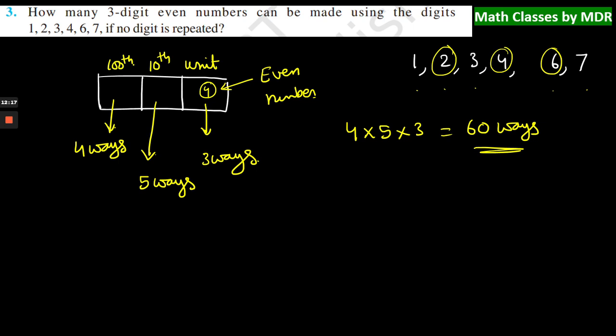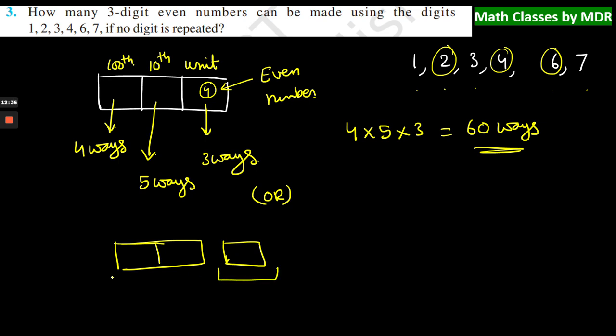So what about the formula? Can we use the permutation formula here also? Let us see that. So whatever the condition is, that box let us take separately. Let us call it the conditional box. So in the units place you must have the even number, right? So let us take it separately and the remaining boxes separately. So how many numbers are available to fill this units place? 3 numbers are available. And how many digits are we arranging? Only 1 digit out of 3 numbers. So 3p1 is the permutation for this box.